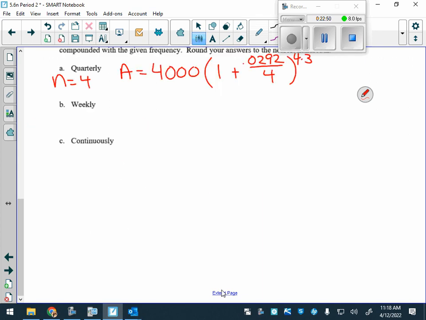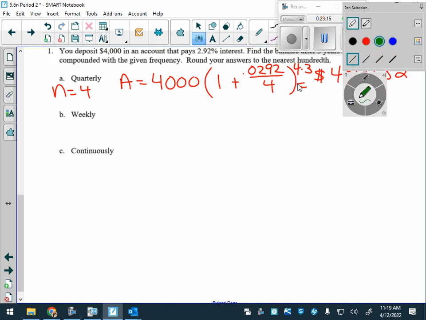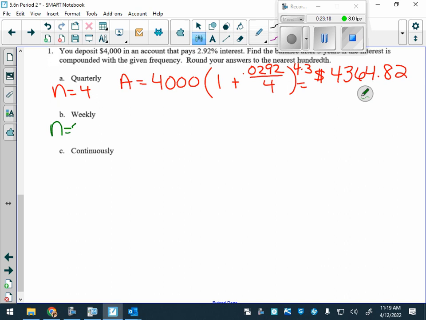All right, what will change for weekly? Yeah. The n, which would be what? 52. Good. Excellent. Let me just jot this down. Okay. So what would change is your n would equal 52. So A equals